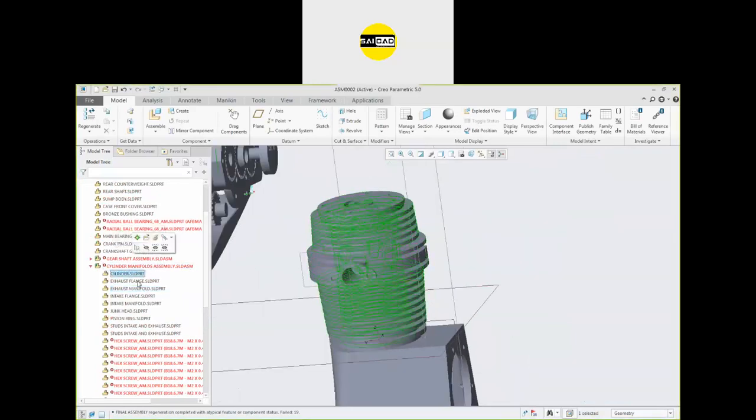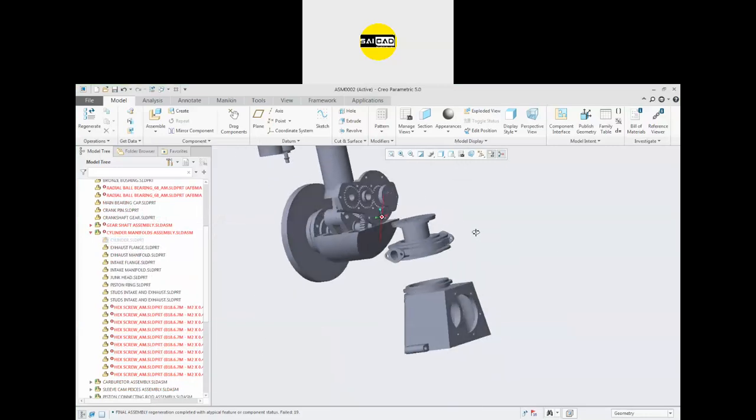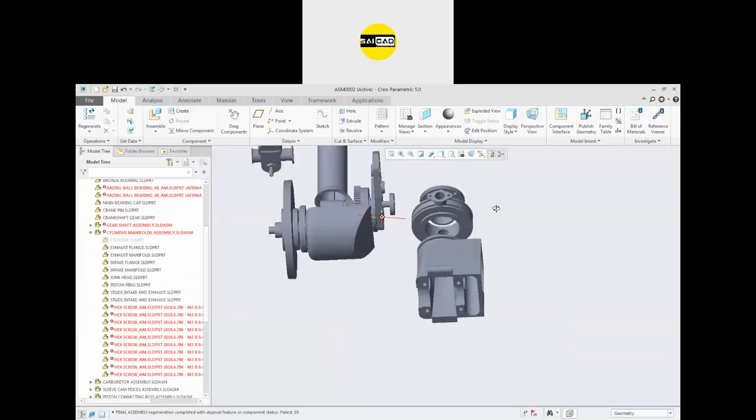So here is the cylinder. Here is this one, this one, this one, we have different parts. I just want to make it hidden, like that. I can hide the component.